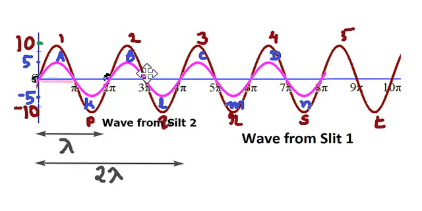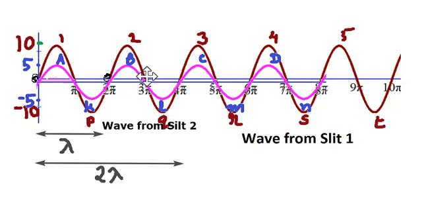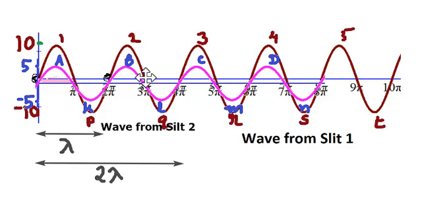If they travel the same distance, this will happen. At the midpoint on the screen, this will happen because they travel the same distance. You can see the amplitude 10 and amplitude 5 will get added, and you will get a new wave whose amplitude will become 15. And on the trough side, minus 5 and minus 10 will add, you will get minus 15. So you will get a new wave which goes from minus 15 to plus 15. But wavelength will be the same, frequency the same, time period the same, speed the same. Only the amplitude, energy and intensity will be different.